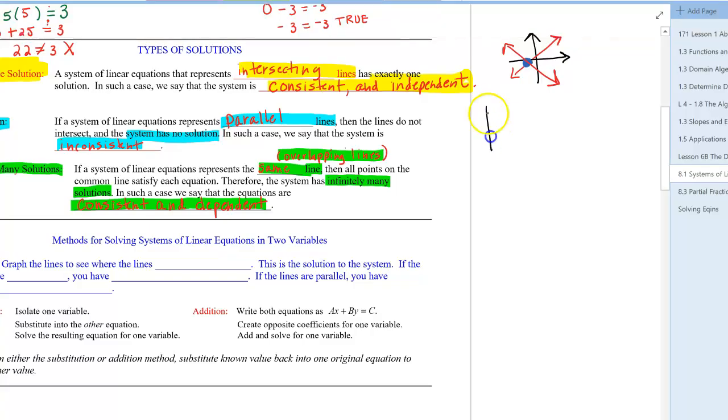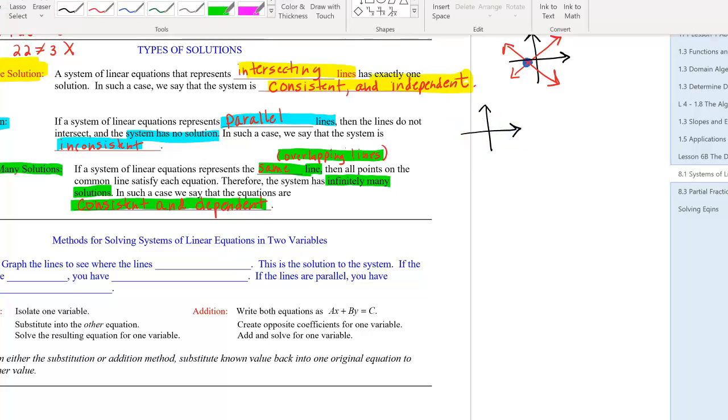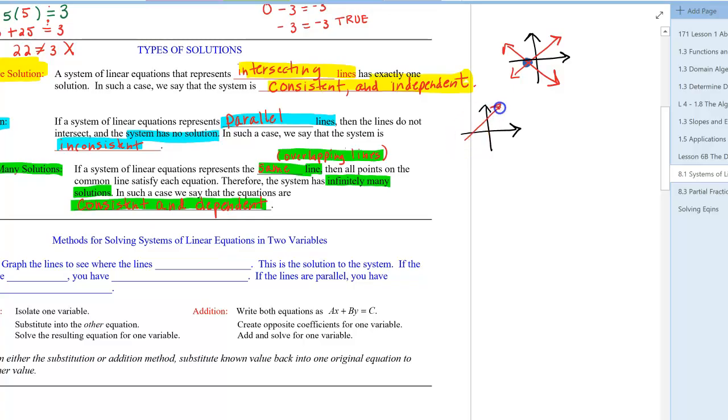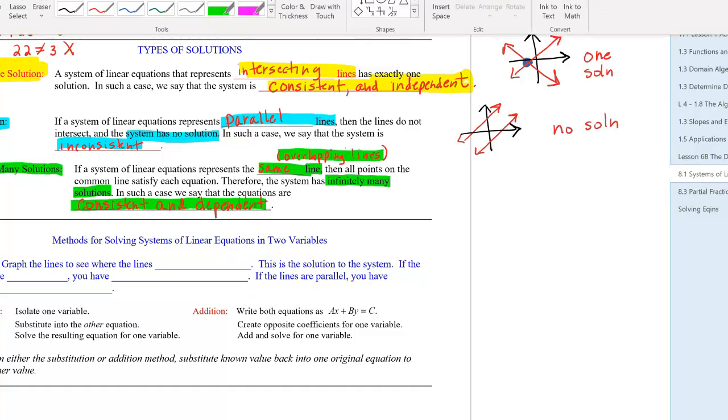So if the solution to a system is where the lines intersect, if you have parallel lines, they are never going to intersect. And so they have no points in common, so there is no solution. So this is one solution. This is no solution. And then finally, in the third case,